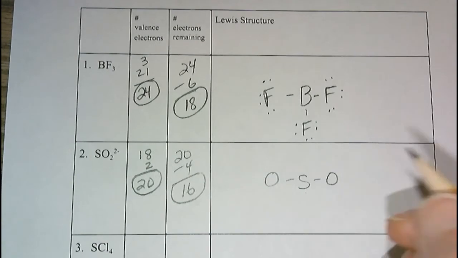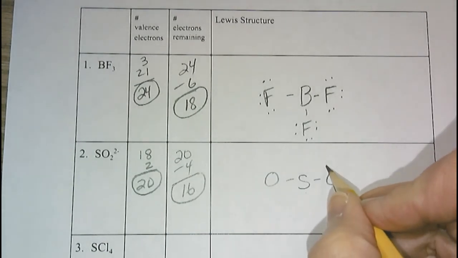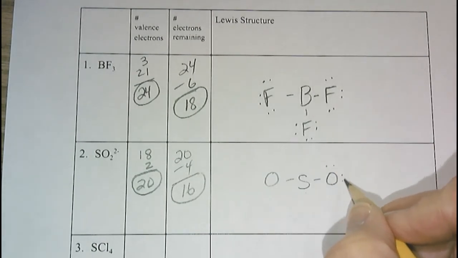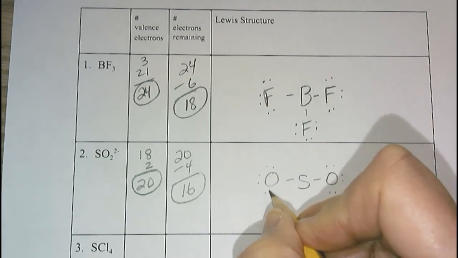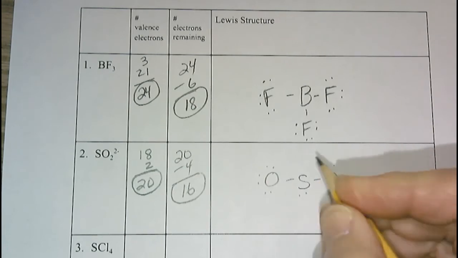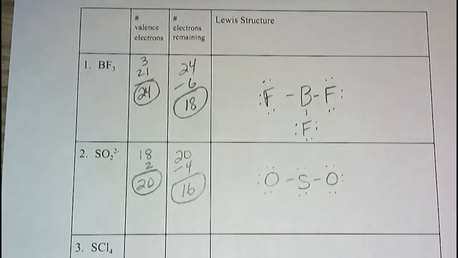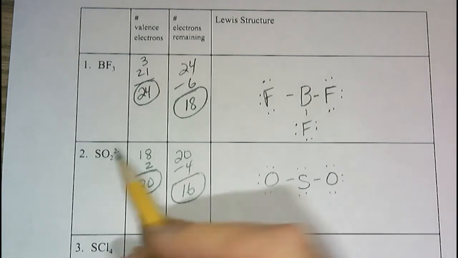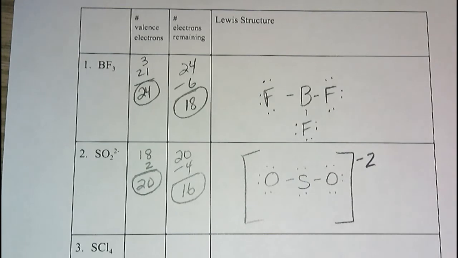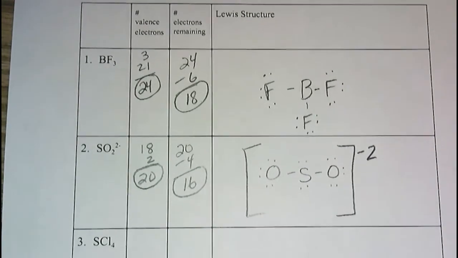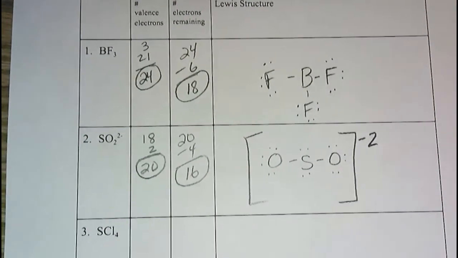So we start on the outside and work our way in to try and make everybody happy. So we'll give oxygen 1, 2, 3, 4, 5, 6, and then 7, 8, 9, 10, 11, 12, 13, 14, 15, 16. So we've used up all the electrons, and we have 8 electrons available around each atom. So they're all happy. And since this is an ion, we have to put brackets and a charge here to indicate that. And that's the Lewis structure of that one. And the next one,